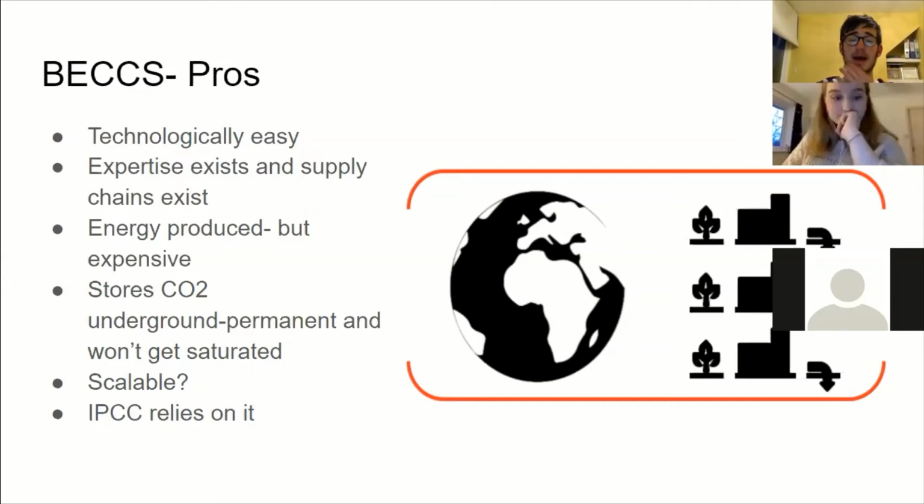But I'd say BECCS has lots of problems. Bear in mind, also in the pros, here's where it comes, we could use trees to be the feedstocks. You see how, because we cut down the trees, plant new trees, so those trees then suck up more carbon dioxide. Meanwhile, the old trees, we burn them, take the CO2, put the CO2 underground. So it addresses a lot of the problems that we had when we were talking about tree planting.